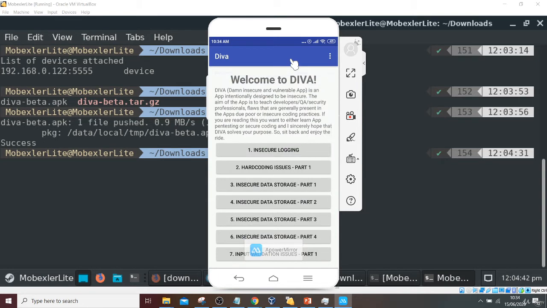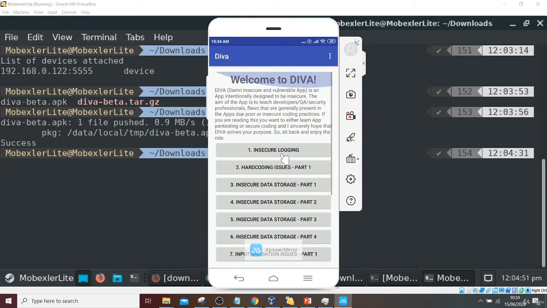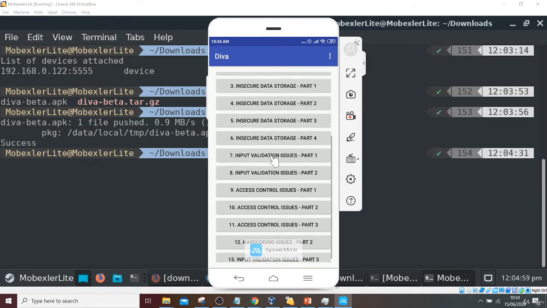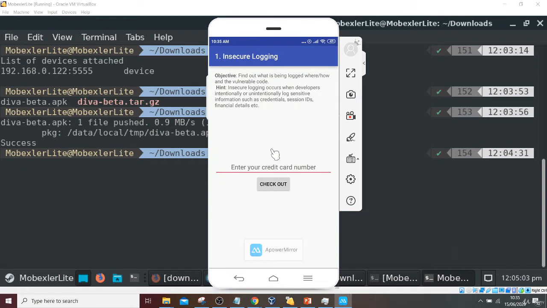Fine. Now let's do one of the challenges which is shown here. So it contains multiple challenges which you can do for practice. I will be showing you one or two challenges which can be done. You can follow the rest and do the other challenges. So let's go for insecure logging. Okay, so in insecure logging, suppose there is any APK where you have to enter the card detail to